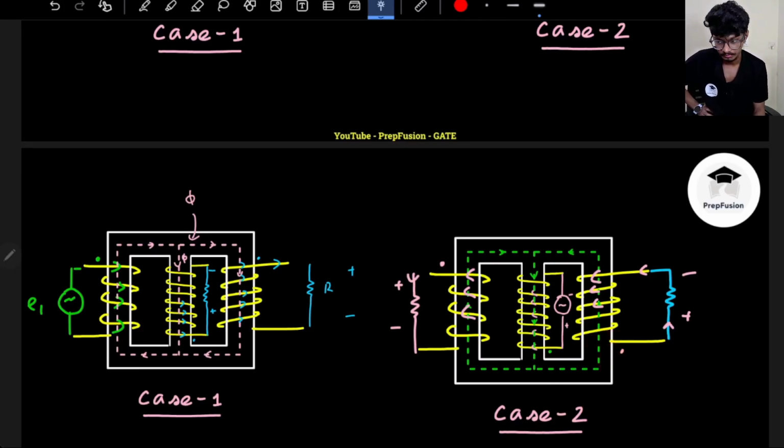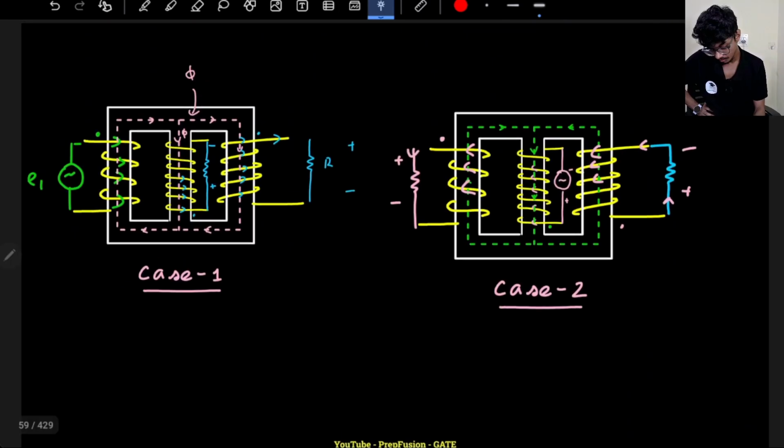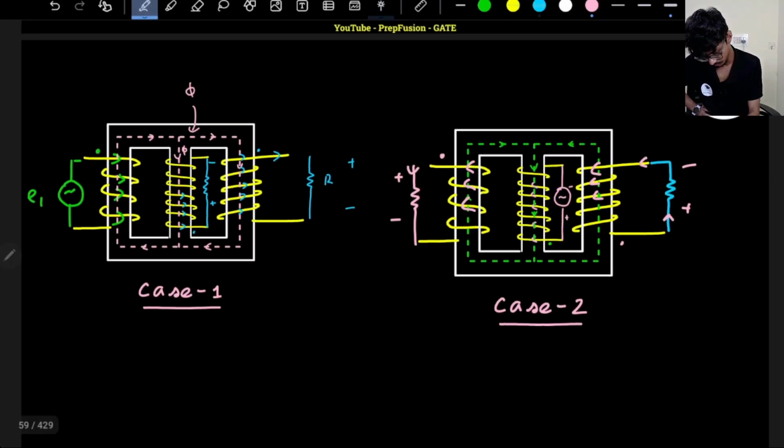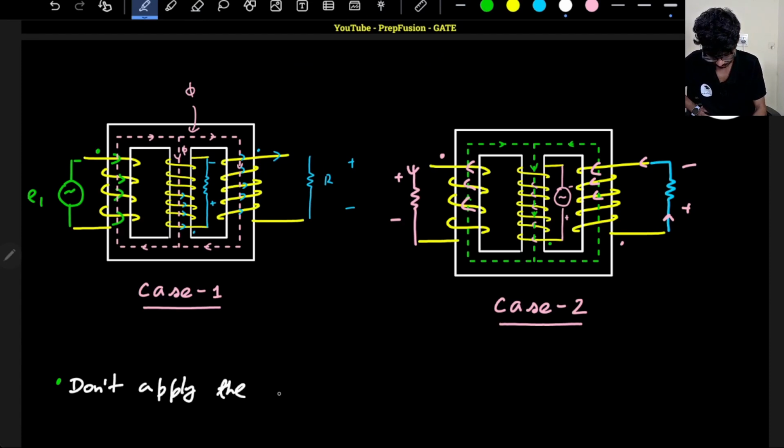so it's a problem. So basic summary is, don't apply the dot trick in multi-window